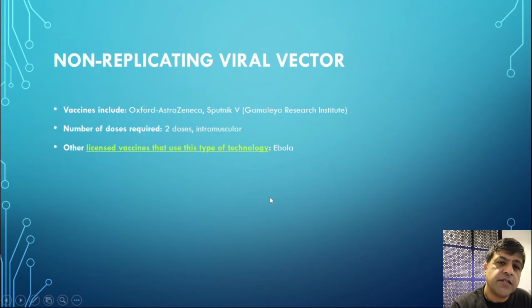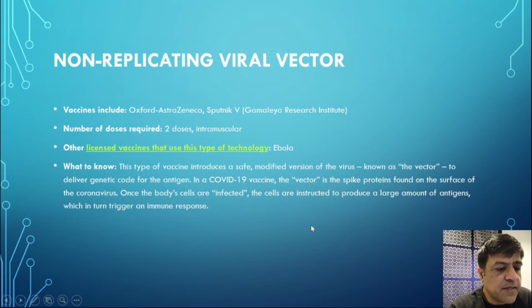What other licensed vaccine is using this type of technology? Ebola virus. We know that we had an Ebola outbreak a few years back, very hard hit in Africa, and this vaccine was used very successfully over there. What do we know? In this case, what happens is that a genetically modified version of a virus is introduced into the body, which is called a vector, and that vector in this case, for Oxford AstraZeneca and Sputnik 5, is that spiky